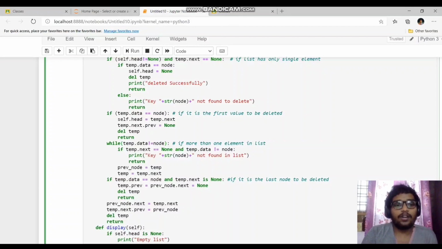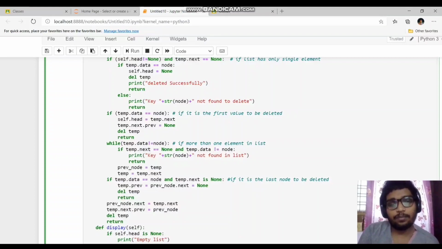Now if temp.next equals none, this becomes true only in the case of the last iteration, right? Since only for the last node will the next field be none, and temp.data is not equal to node, that means if it is the last node and still temp.data is not equal to node, the node is not found in the list, right?